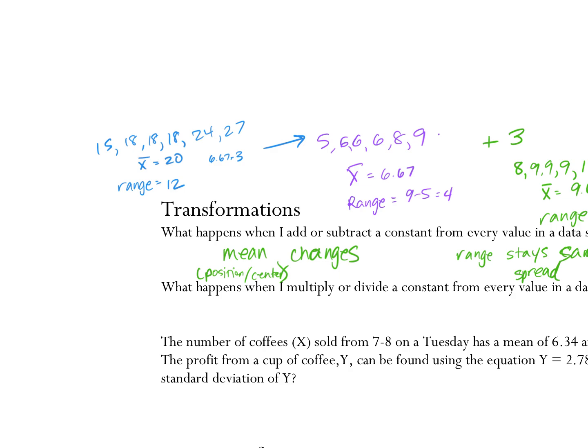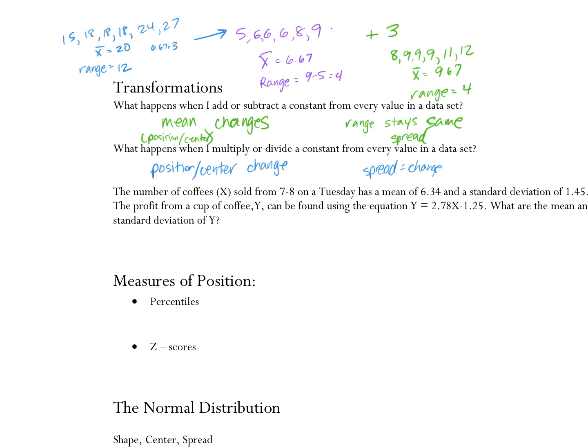Is everybody good? So when I'm multiplying and dividing, my measures of position and center change, and my measures of spread also change. And the way you're most likely to be asked about these is